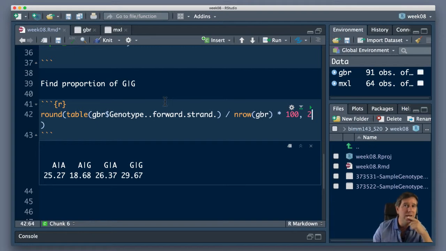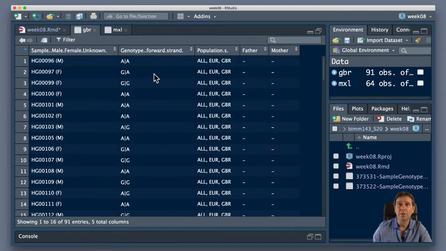So let's pause here for a minute and think about what we could do. We've got this data, right? We've got these alleles here, and we've figured out their frequency. We've almost done a GWAS study ourselves here, right? Why don't we go and see if this actually matters, right? If having a GG here, if we pick an individual here, like this one, this is a female. Let's pick